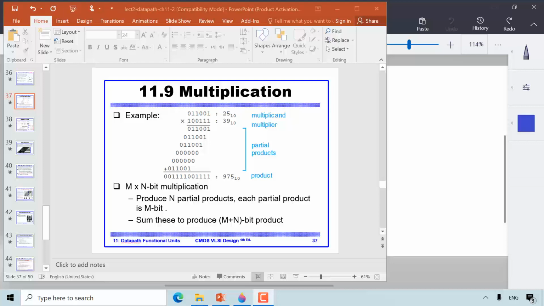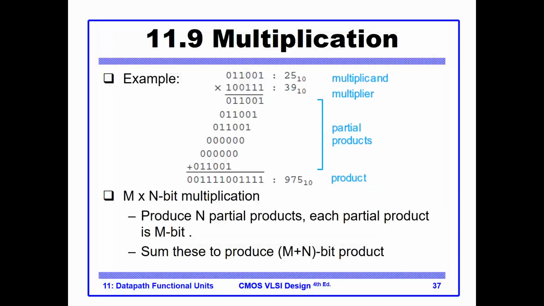Okay, so the multiplication operation consists of two operands, the multiplicand and the multiplier. Here's an example. We are multiplying 25 by 39, and the multiplicand typically is at the top and the multiplier is at the bottom. Then we perform the multiplication much like we have done with the multiplication of the decimal system that we learned